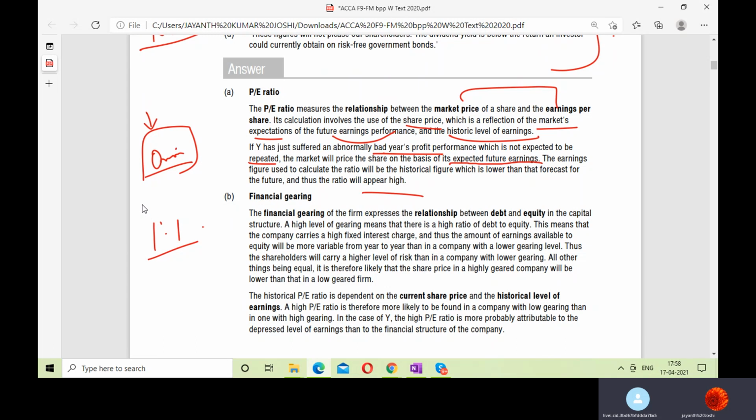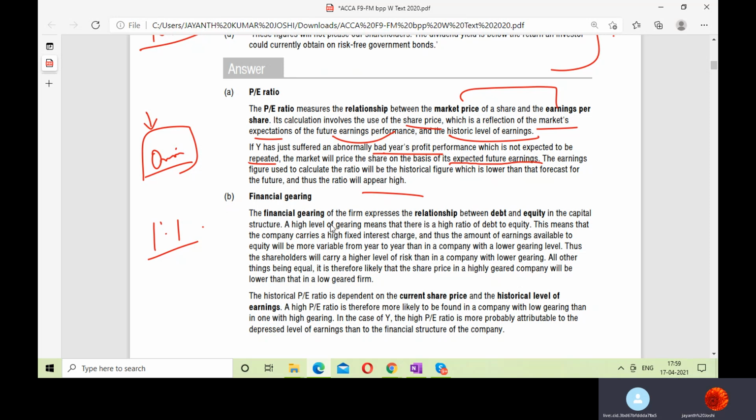So can you just guide me on what they're saying here? You're saying that since the company has a high PE ratio, it also has a low gearing ratio, because it's vice versa. So the shareholders have less risk when there's low gearing and they have higher earnings. Since this company Y has a high PE ratio, it has low gearing. That means equity is more and debt is less, so the interest charges will also be less for it.